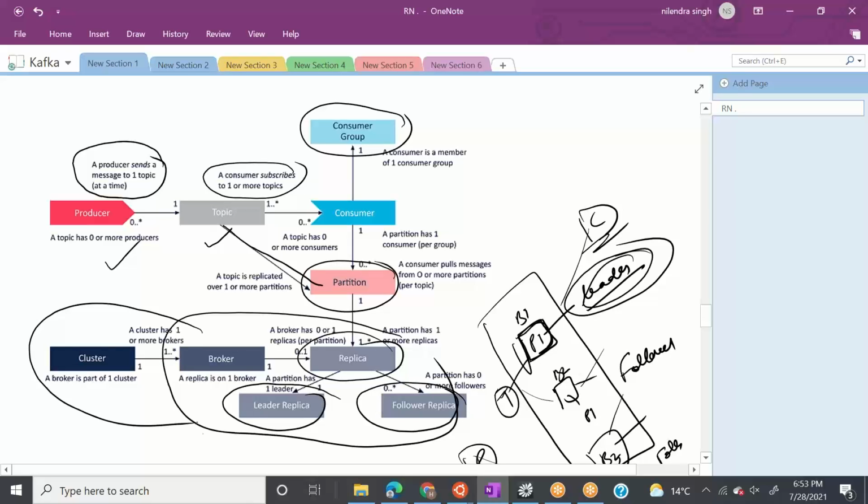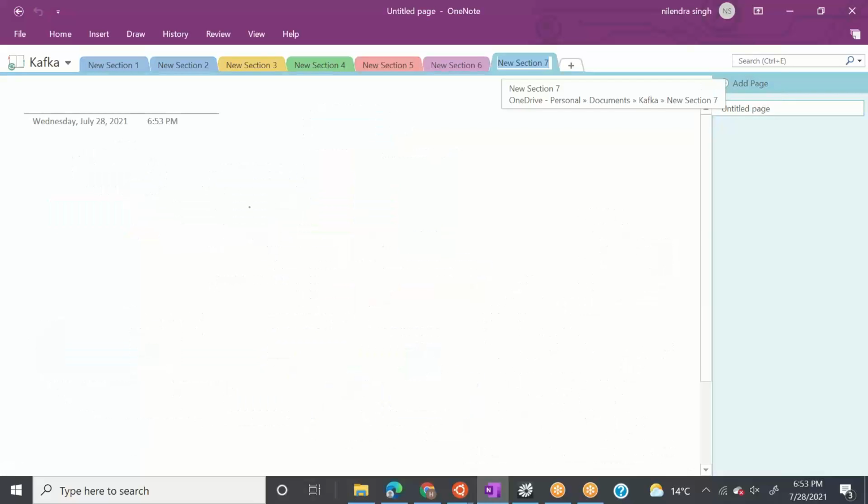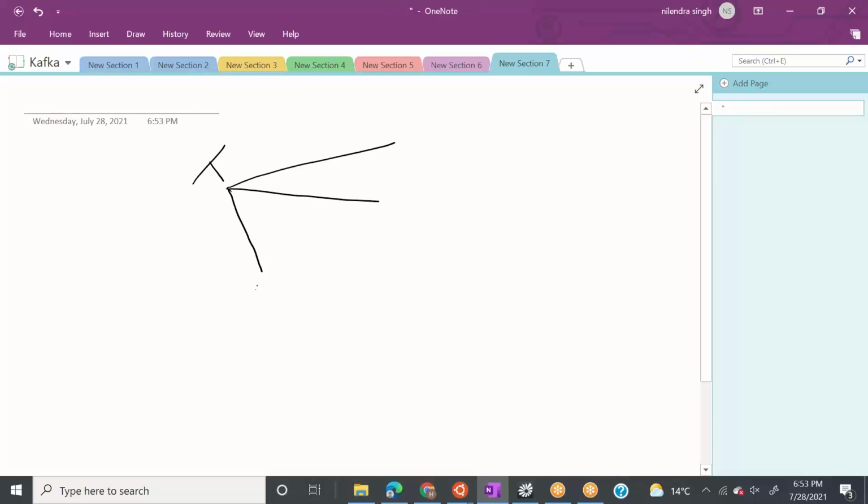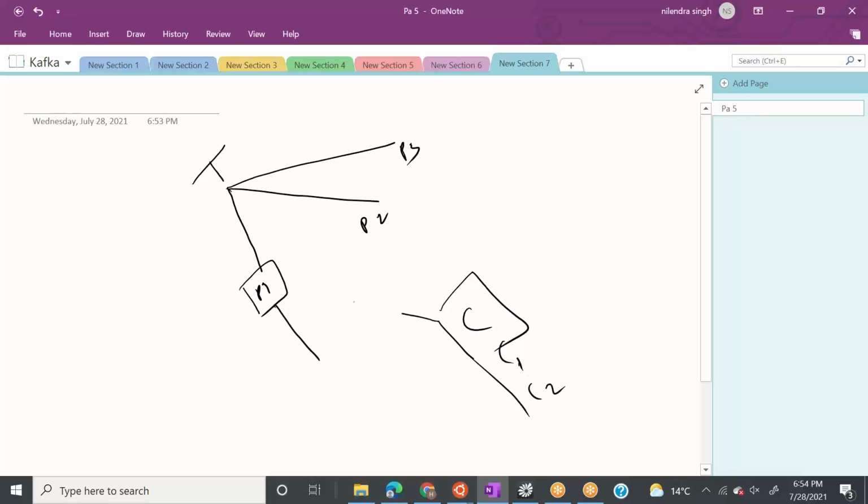Simple, right? If you want, I can write it down. It's very simple. So this is your topic. Topic will be divided into partitions, P1, P2, P3. Partitions will be replicated across multiple nodes, and these partitions will be read by the consumer group C1, C2, C3.